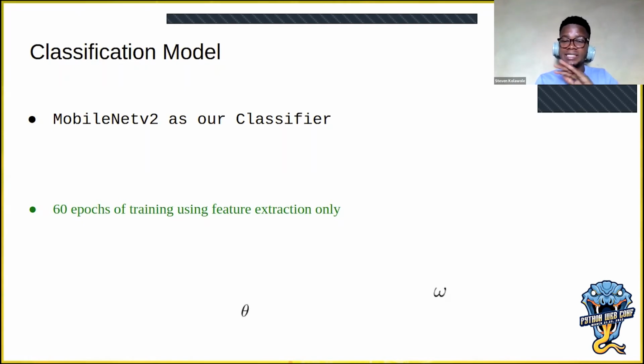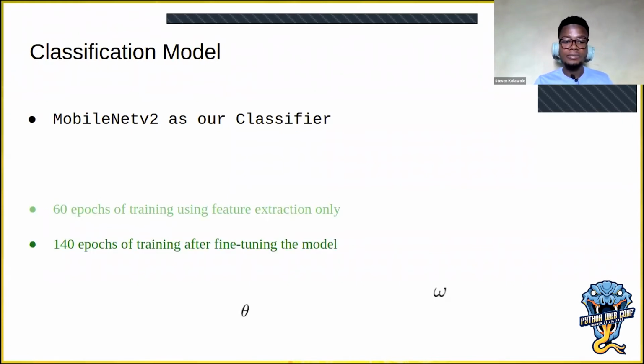We're only putting a dense layer on top of the MobileNetV2, and the dense layer is the one classifying it into our different classes. We're just making use of MobileNetV2 as our feature extractor.